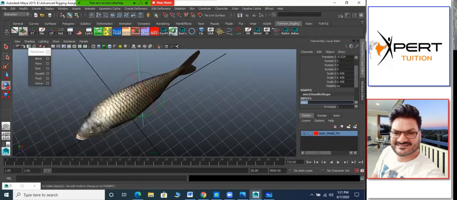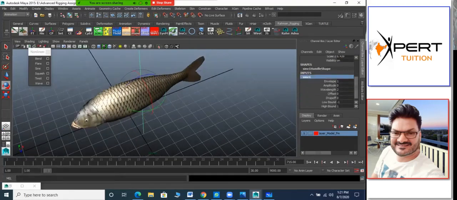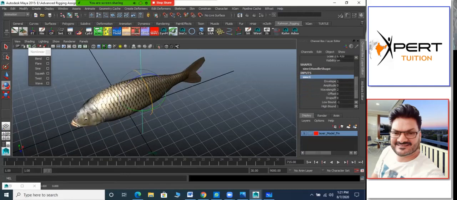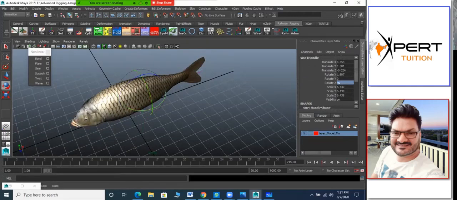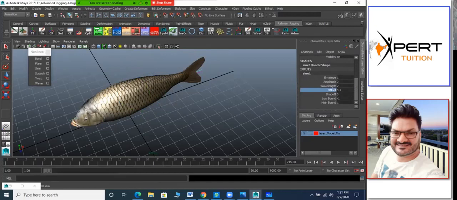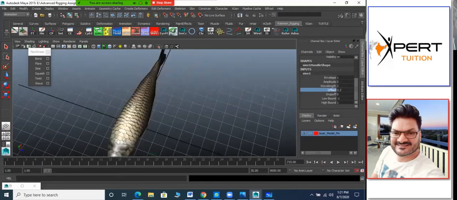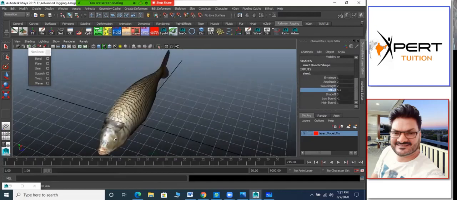Come here, sine deformer. Again, it's not matching with this. So we need to rotate this one. So I'll rotate Z to 90 degrees. Then go for this attribute. You need to remember offset is the thing which we can animate here. Again, the deformation is not happening because there's a problem in this deformer.